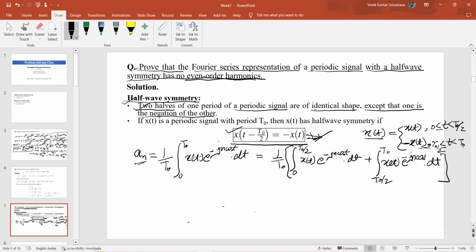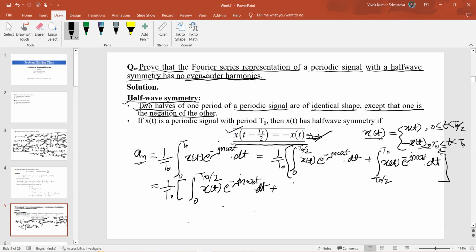So we can put x of t as minus x of t minus T naught by 2. Let me put this in the equation, that is 0 to T naught by 2. This will remain the same, that is x of t e raised to the power minus j n omega naught t dt